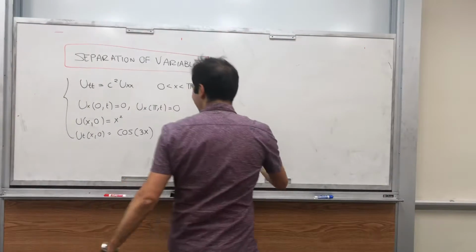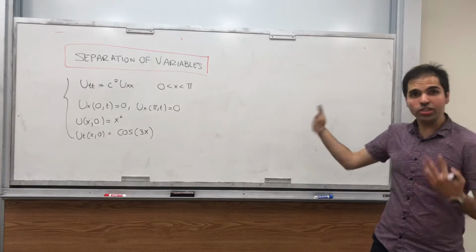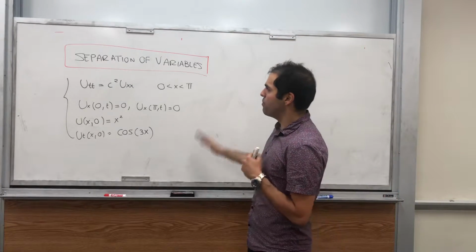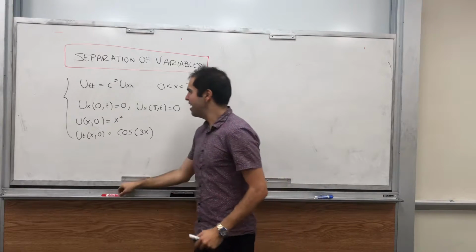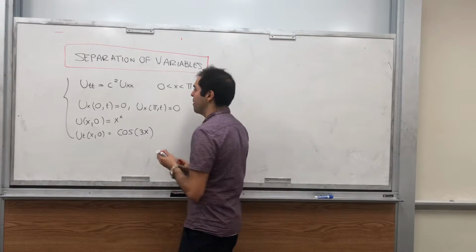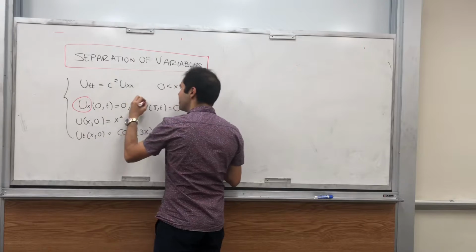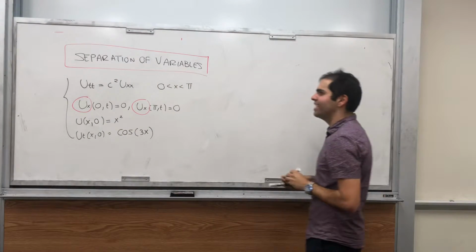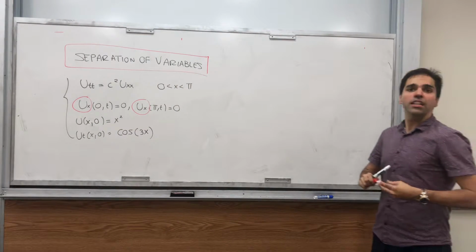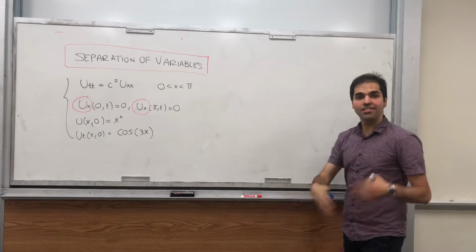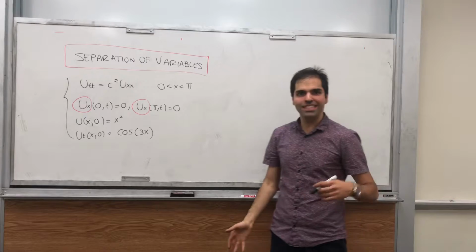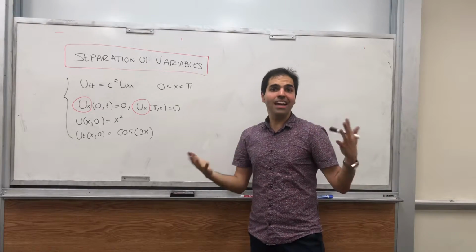Alright, thanks for watching. Today I would like to give you yet another example of separation of variables, but this time with the wave equation and with what are called Neumann boundary conditions, where instead of specifying u at the endpoints, we specify the derivatives at the endpoints. And the cool thing is, this will lead to a new kind of series, not the sine series, but